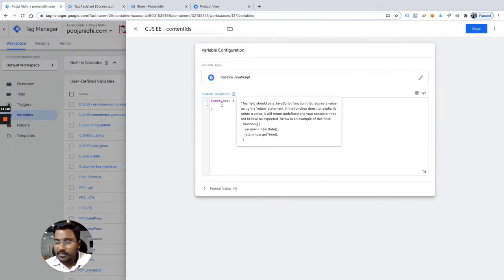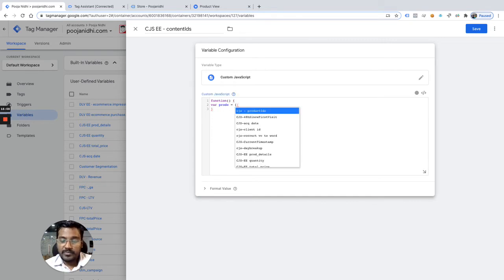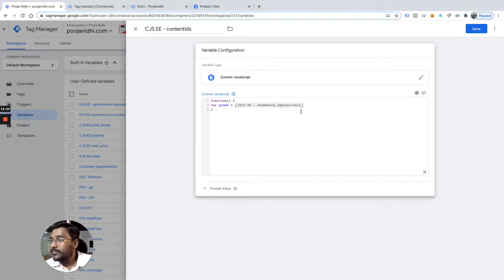So I will write one code here: var prods is equal to DLV ecommerce dot impressions. Then I will declare variable i, and I will also declare one array called var products